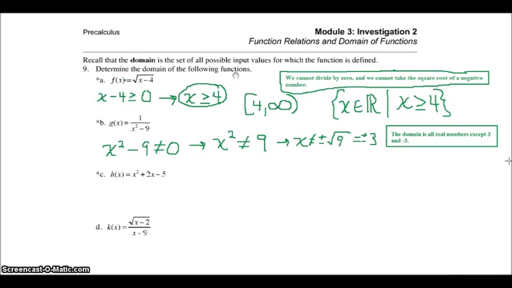And there are some other more mathematical, formalistic ways to write your answer. You could write in set builder notation the set of all x elements of the real numbers, so any real number x, such that x does not equal 3 or negative 3,